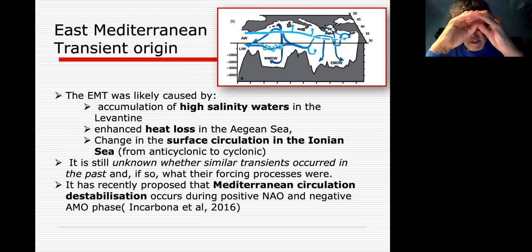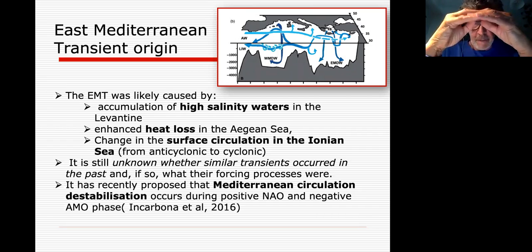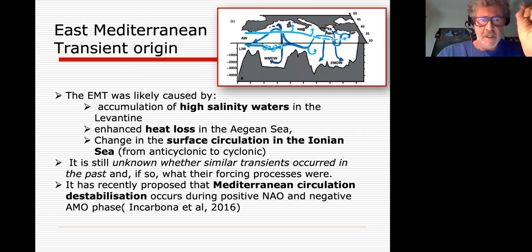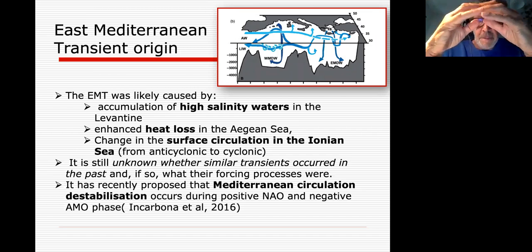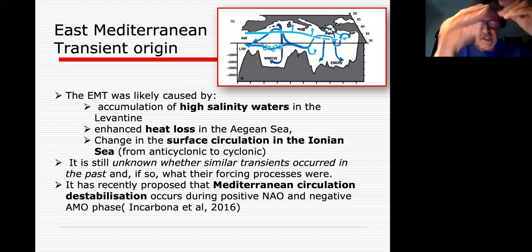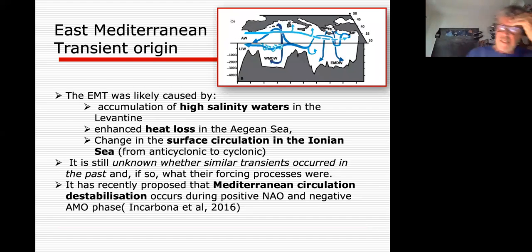It's not surprising that recently there was a proposal that this Mediterranean circulation destabilization that gave way to the East Mediterranean transient occurred during positive and negative AMO phase. This is a recent paper on that statistical correlation, but could